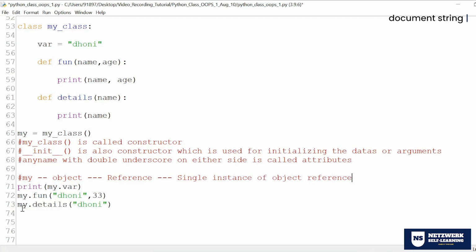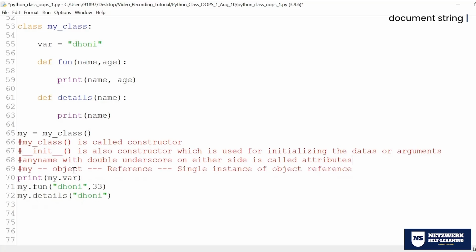So whenever you create a constructor, the object reference that gets created is a single instance, only one memory. So now at lines 70, 71 and 72, it will run on only one memory. It will not create 3 different instances. It will create only one instance of memory. That's the beauty of the constructor.